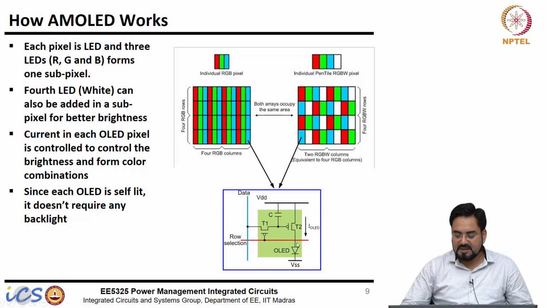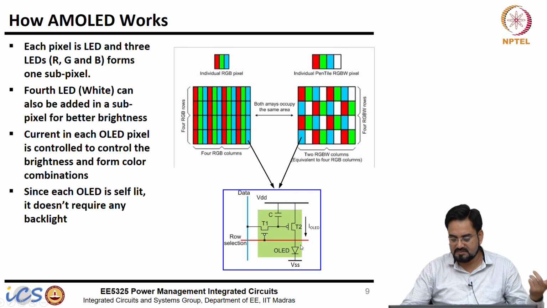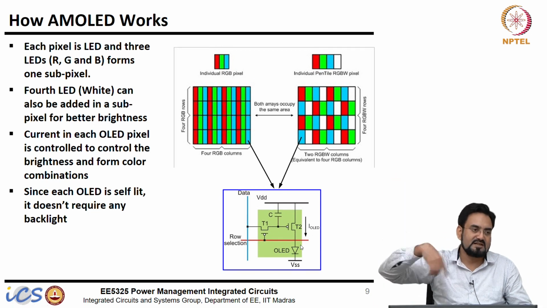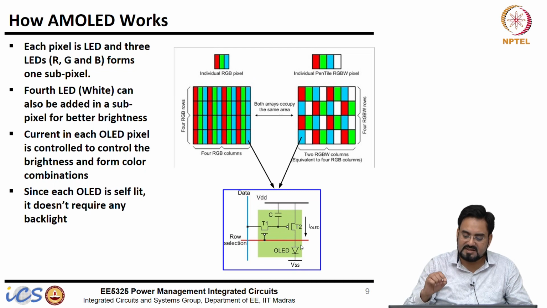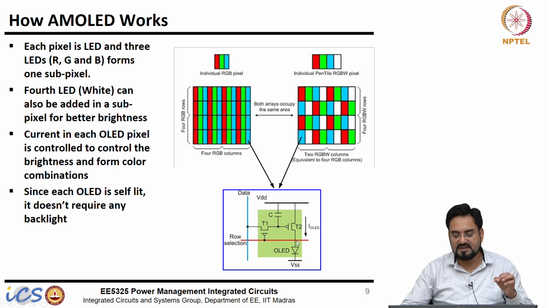So, the same concept applies here. Since it is an LED, instead of voltage you apply current, and LEDs require constant current. We know these diodes have an exponential relationship, so voltage would have to be very precisely controlled. That's why, instead of voltage, we drive it directly with the current. You can think of this gate voltage as coming from somewhere else, which is converting this voltage, or mirroring this current, into this FET.